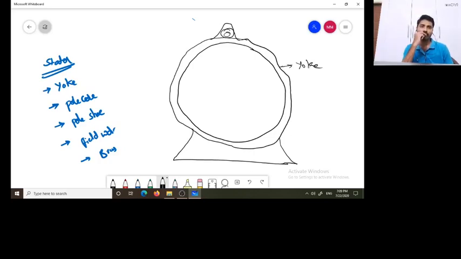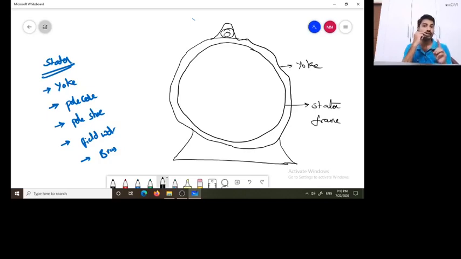The inner part present in the stator is the stator frame. It is also called the outer yoke and inner yoke, but since there are two parts, it will not come into the terminology. So let's discuss the outer part. I already told that the outer part is called the yoke, and it covers the inner parts of the machine. Yoke is not a conducting material. It is made up of a low reluctance material. It is not a conductor. Remember that point.